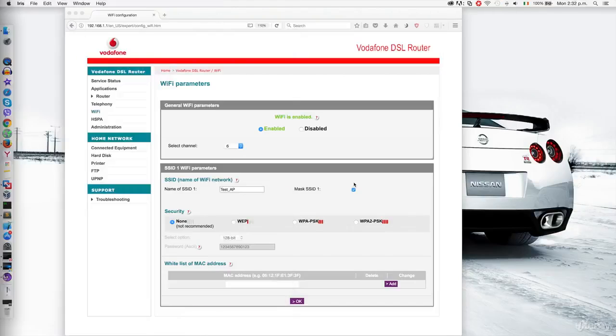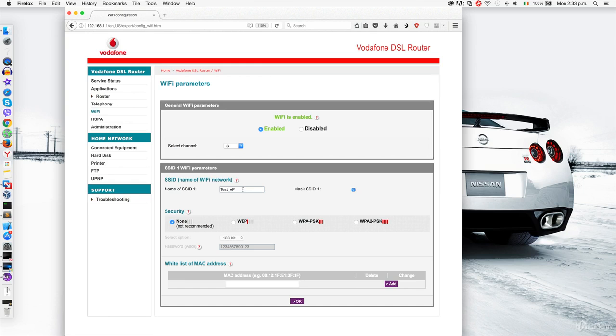So just to show you an example here, I have my own network and I've set it to be hidden. So I checked this box which says mask SSID. Now this could be called something else for you, but for me that's the name of it. And I've called the network test AP. So the network actually has a name, but it just doesn't broadcast the name in the air. I've also set the network to not use any security, so people can connect as long as they know